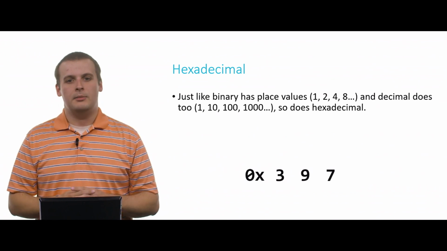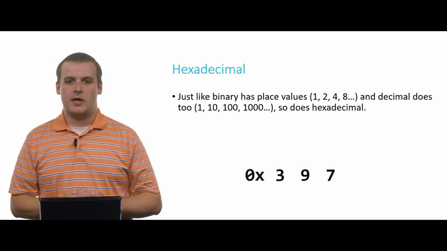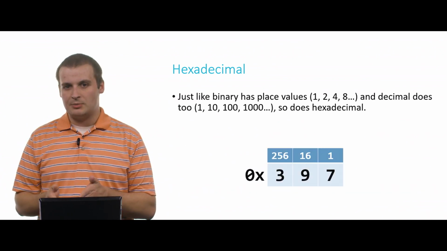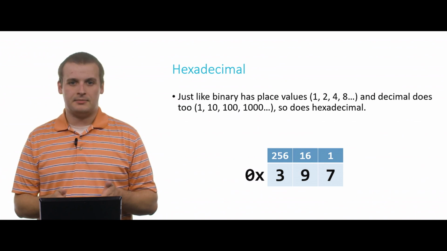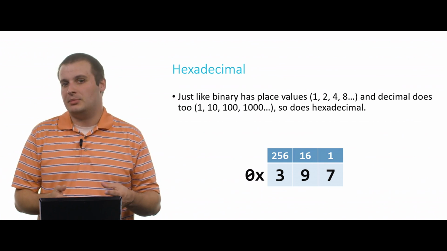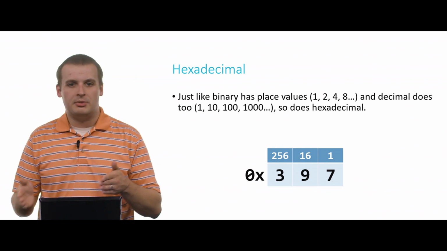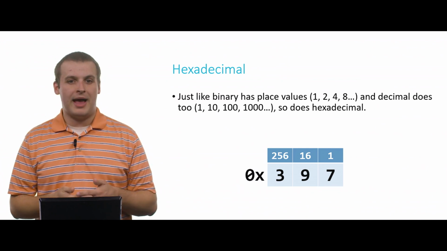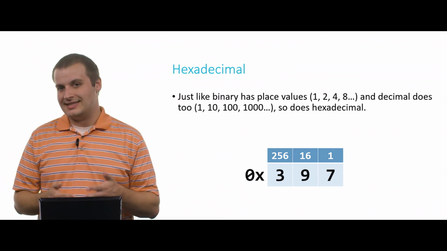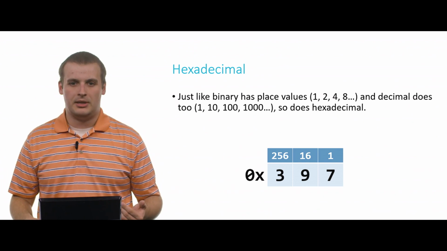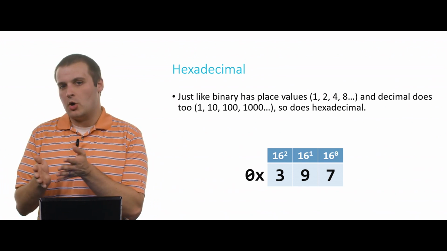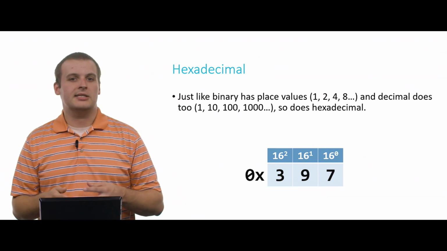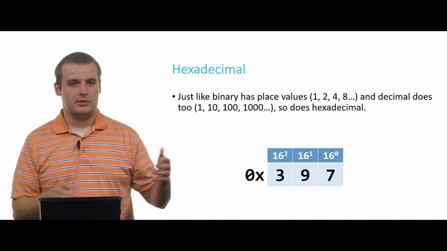It means something different because we're using powers of 16 as all of our place values instead of powers of 10. In fact, the place values here would be the 1's place, the 16's place, and the 256's place, which correspond to our idea of a ones place, a tens place, and a hundreds place if the number was 397. But since it's 0x397, we have a ones place, a 16's place, and a 256's place. Or a 16 to the 0 place, which is 1, a 16 to the first power place, 16, a 16 squared place, 256, and so on and so on.